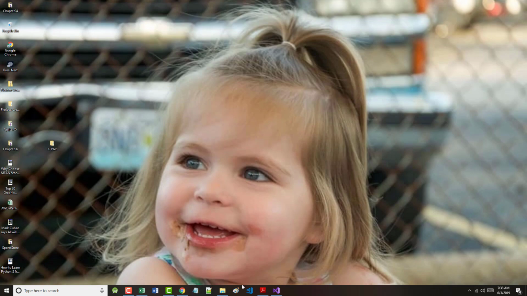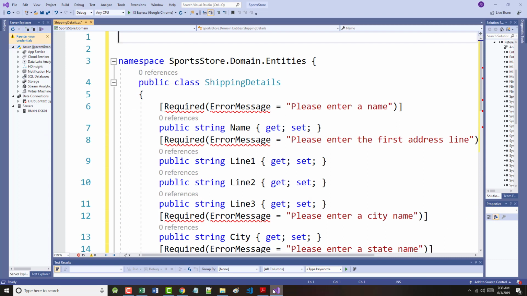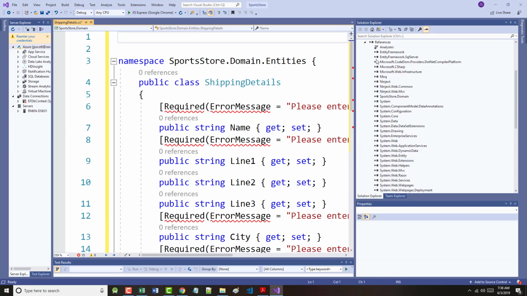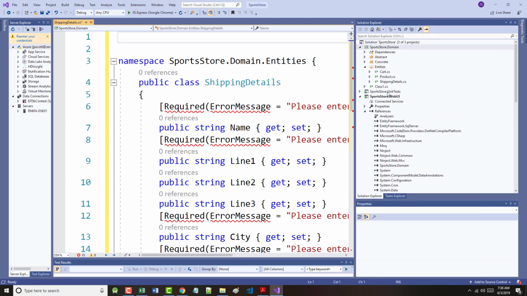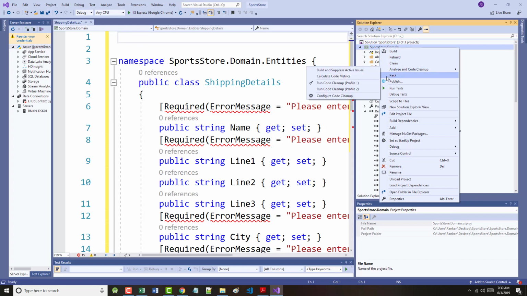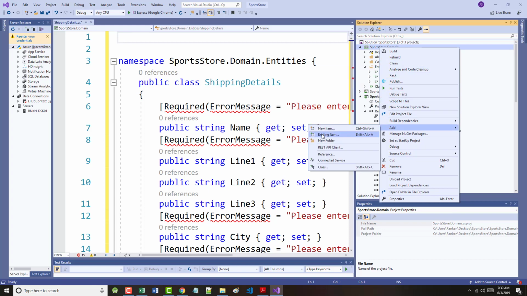What I'm wondering is somewhere in here I have the actual author's code, and I want to see in the way the author did it if the author was able to add that reference, and if the author was able to add the reference, could I do that? Alright. Now, I don't think I can do this, what I'm about to show you. I don't think this will work, but if I go over to the domain and choose Add Existing Item,